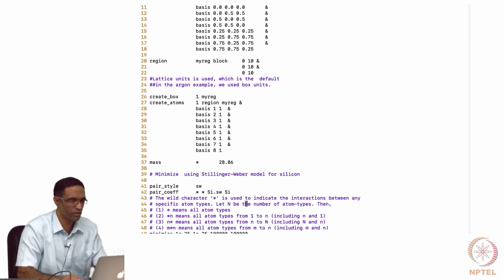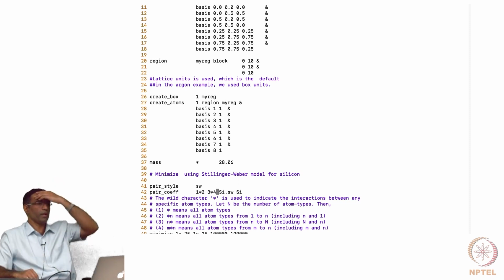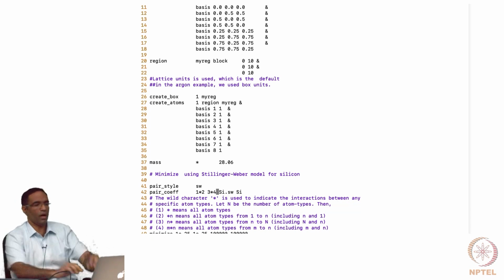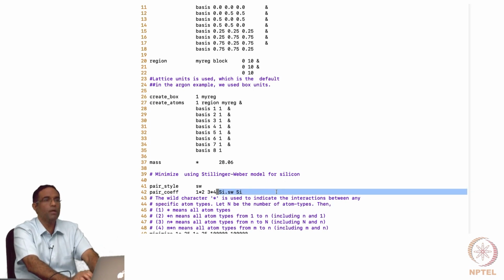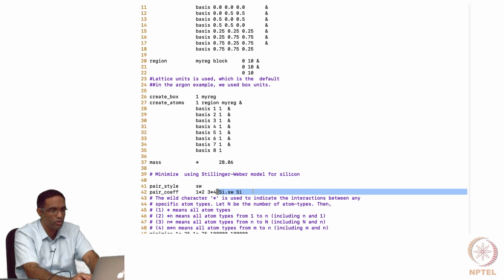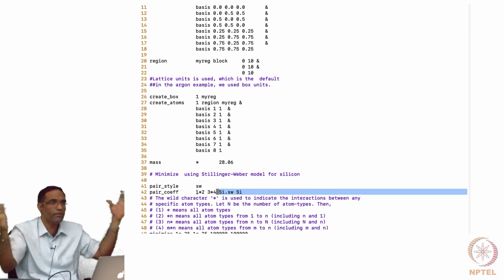So you can give something like this. If there are 4 atom types, interactions between atoms of type 1 to 2 with interactions of atoms of type 3 to 4 are going to have some set of coefficients here. It's not applicable for this example, but imagine your Lennard-Jones case where you actually specify epsilon and sigma and the corresponding cutoff. Right. So instead of choosing each and every one, suppose you had 20 different atom types, then you